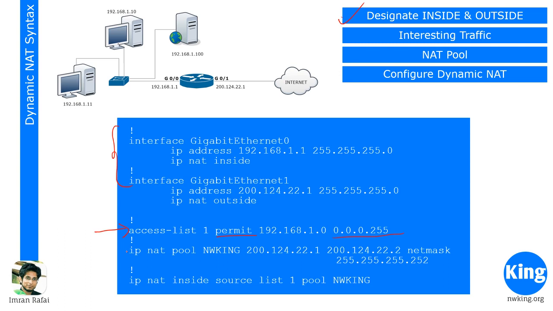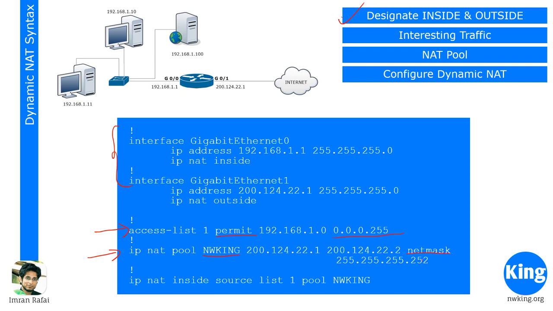Then we create an IP NAT pool, right? We make use of this command, IP NAT pool, and we give a name, whatever name you want, and then we give the pool of IP addresses. In this case it's 200.124.22.1 to 200.124.22.2, that means we're only giving 2 IP addresses, and we give a netmask. This is a keyword. You have to give the word netmask and then give the subnet mask, because it's netmask of